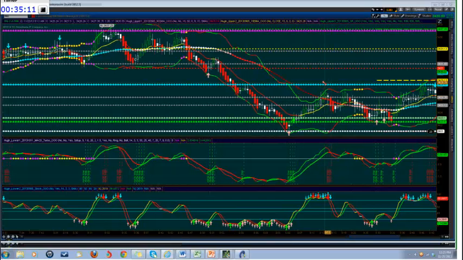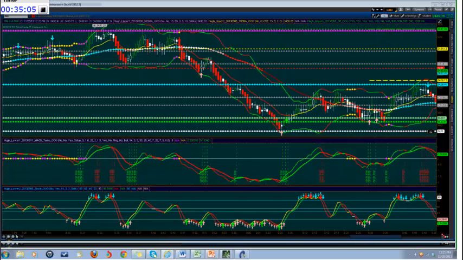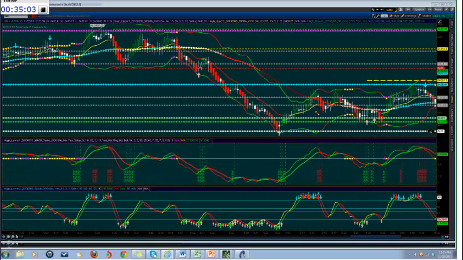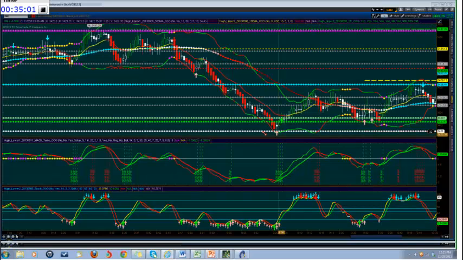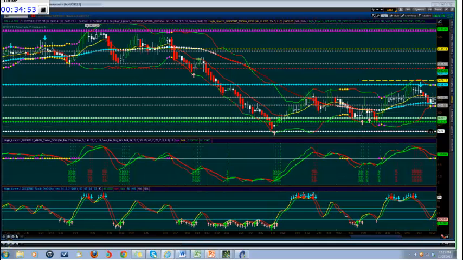Came up, kind of fizzled out here, didn't even get up to the fib level there. And then chops around. You want to avoid it when it's in this chop zone. But I like to show selective trades. That was a very, very selective trade. And then you stay away from it until you see another good trade setup. Now, here was another